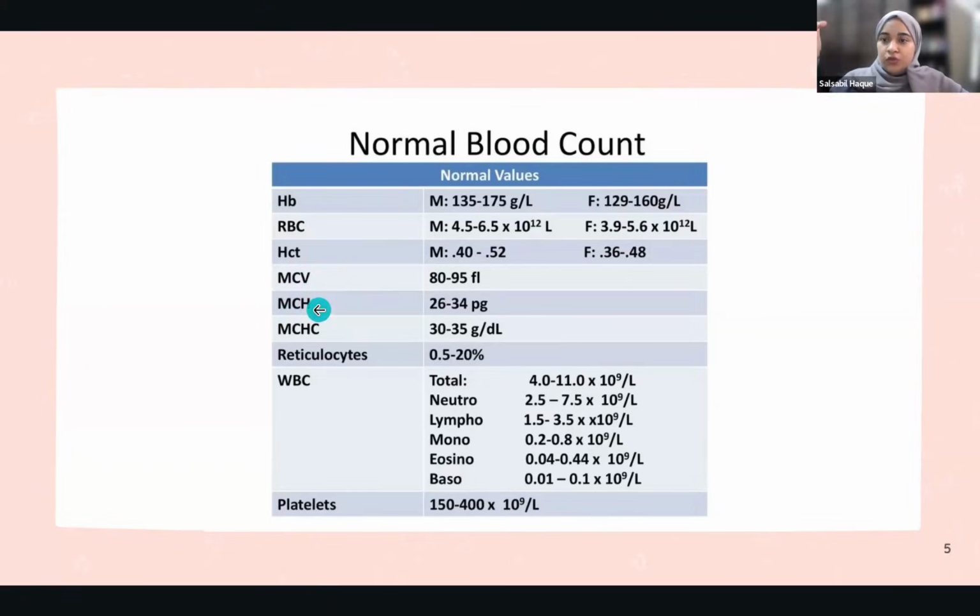If you have high hemoglobin, that's going to be hyperchromic, but that's not really common. Then you have MCHC. MCHC is the mean concentration of hemoglobin per red blood cell. Okay? So mean concentration of hemoglobin per red blood cell, this is very important in one specific case that I will discuss later. And yeah, so reticulocytes, it shows whether the bone marrow is reacting to this anemia or not